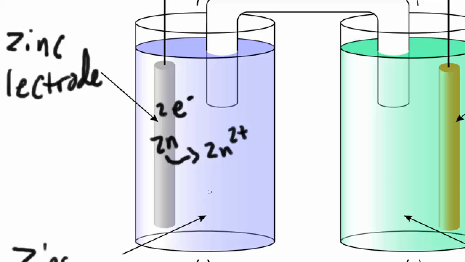And of course, the zinc sulfate solution just consists of these zinc 2 plus ions and the sulfate, SO4 2 minus ions. That's what's floating around in here. So basically what's happening is the zinc atoms of the zinc electrode are ionizing and becoming zinc ions in the solution, and in order for that to happen, they have to release 2 electrons, which then are freed up inside of the electrode